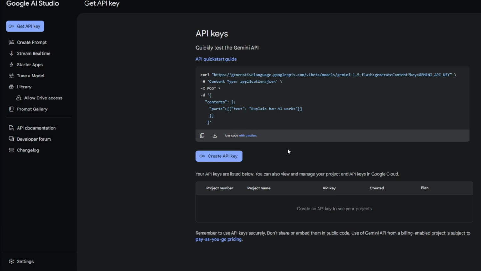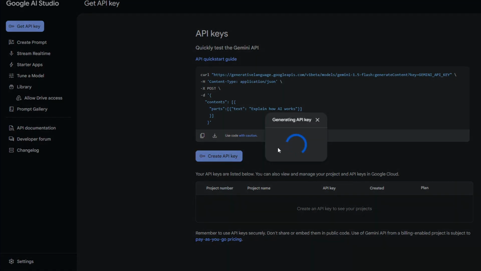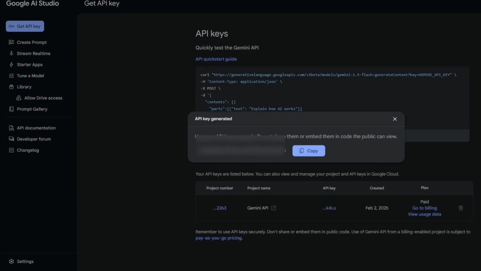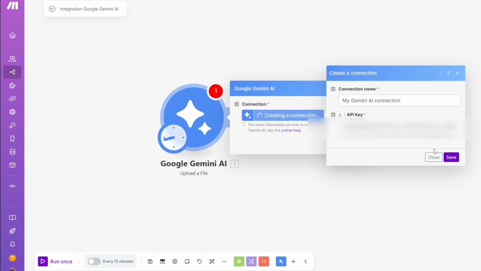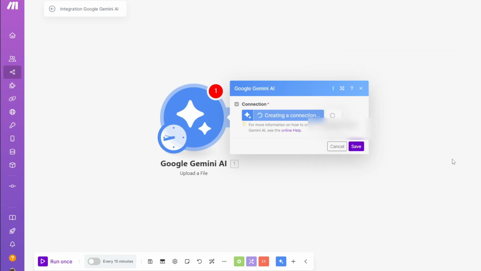Now, to go ahead and create your own, you simply want to click on Create API Key. You then have to check multiple boxes in order to confirm that you follow their terms and agreement. And from there, after clicking on the Create API Key, it will then go ahead and generate the key for us. So you can just go ahead and click on Copy,